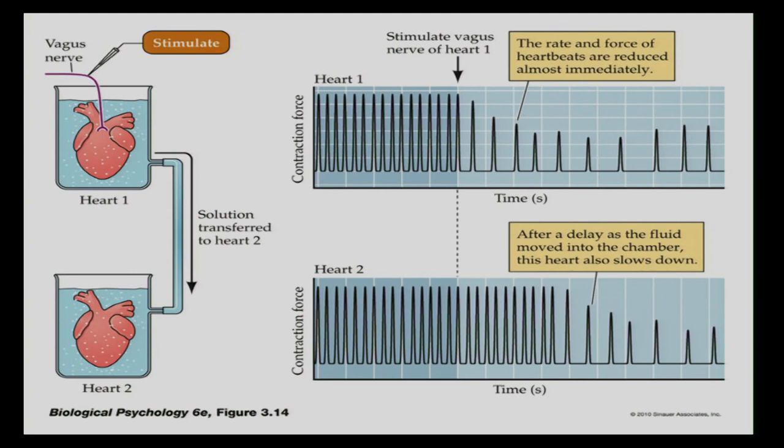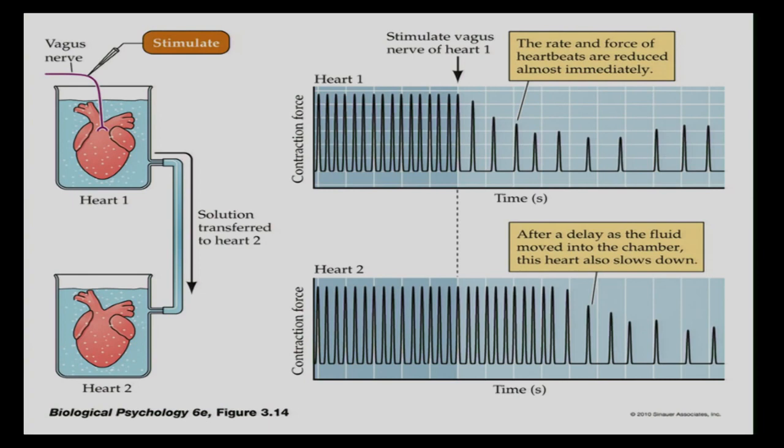And what he did is they knew that when they stimulated the vagus nerve, and you looked at the contractions of the heart, if you stimulate the vagus nerve here, the contractions get really slow. The rate and force of heartbeats are reduced almost immediately. So they could do this, they knew that was happening, but they didn't know exactly how it was happening. So here was Otto's